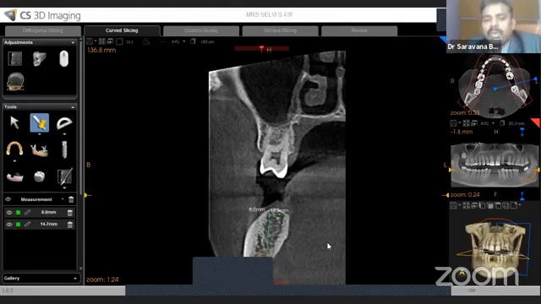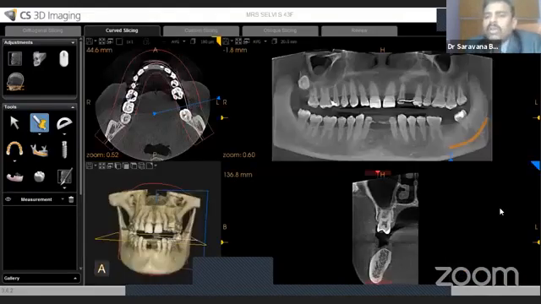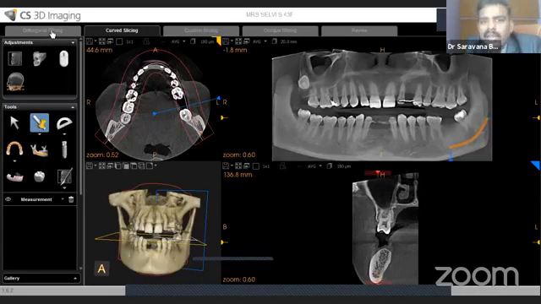Okay, this is the basic measurement about how to measure for implant planning from the buccal cortical plate to the lingual cortical plate. Okay, your measurement will come like this. After that, you can delete using the delete tool. Okay, so you have to do like this only. I'm going to tell you the important options alone, because time will not allow you to delve in detail into the software explanation.